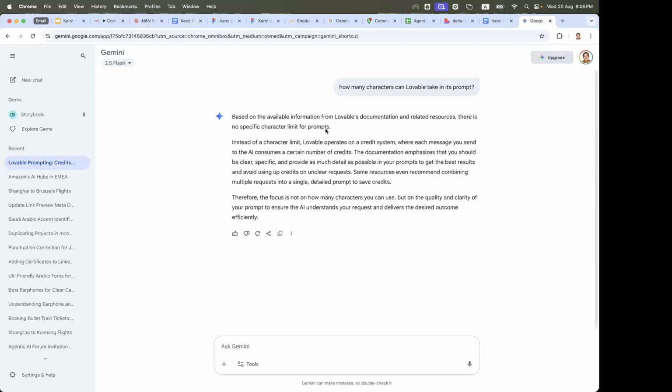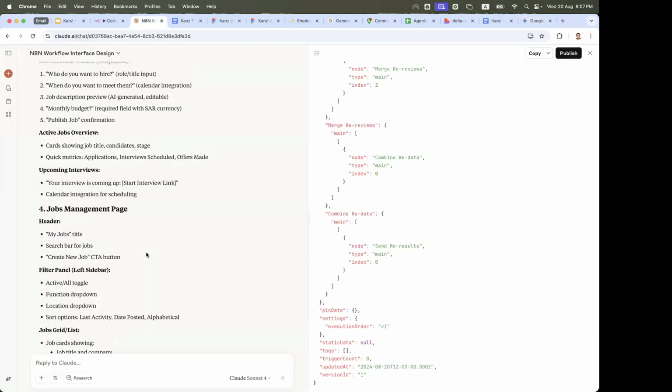No specific character limit for prompts. Instead of a character limit, it operates on a credit system where each message you send consumes a certain number of credits. So the focus is not how many characters. Okay. Is there an ideal number? Any questions you have, anything you're curious about, ask AI.